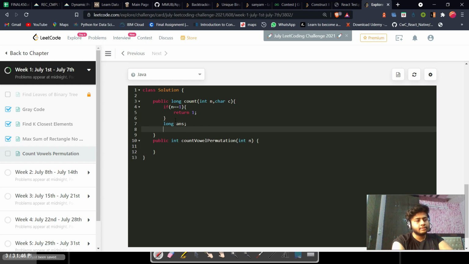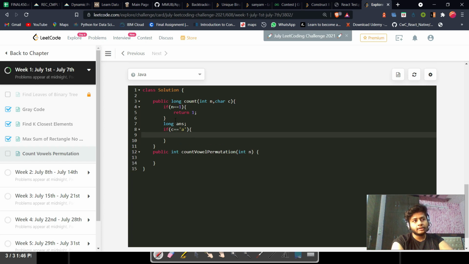If the value of c equals a, we have 5 characters, so we have to write for the 5. Our answer will become the count, and minus 1 in the recursive call.